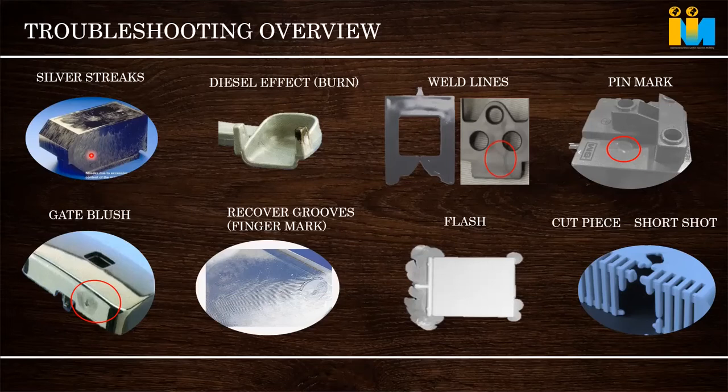And there are some air streaks also. Air streak means we can see a light line, sort of thing. Air streak comes because, after injecting, the screw refills the raw material, and we do a setback, meaning we reduce the pressure in front of the screw. If we do excess pullback, some air can enter the nozzle, and during injection it goes to the mold. So that can cause air streaks. These are the streaks.